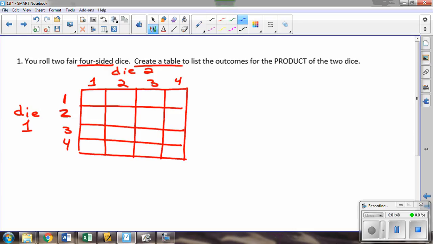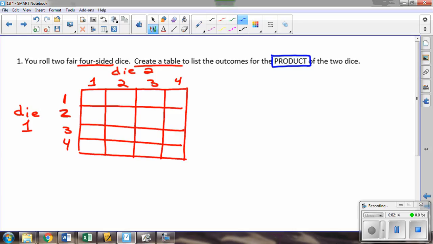specifically for the product. Well, what does product mean? Since that means multiply, it tells us we have to multiply each pair of numbers. The most common mistake people made was to do the sum of dice. And granted, we did a lot with adding the 2 dice together, but this one doesn't tell us to add,